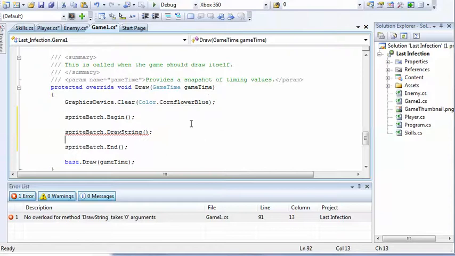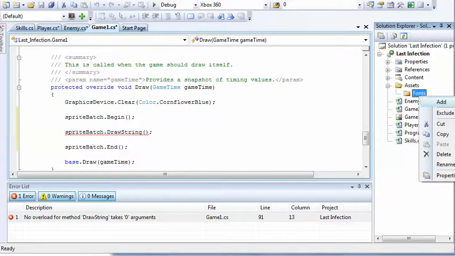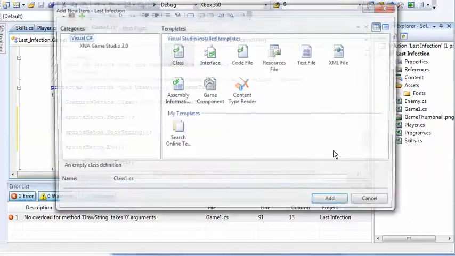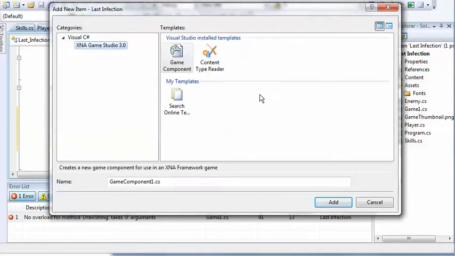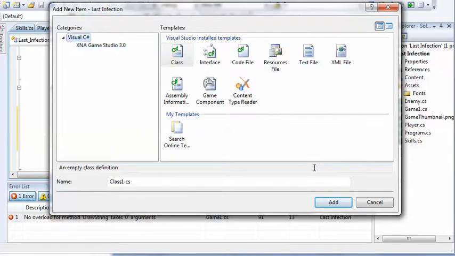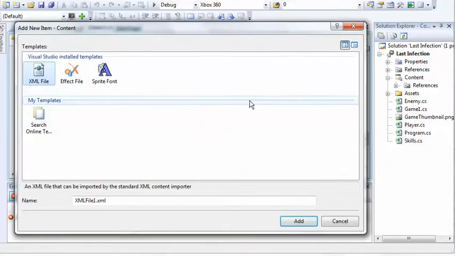Let's go over to assets, fonts, add. You can't see it because it's cut off. You're just going to hit new item, and font should be, oh god, where is it? Hold on. Alright, so I found the thing I was looking for. Sprite font, I'm going to name it Verdana. It's different than what I remember,